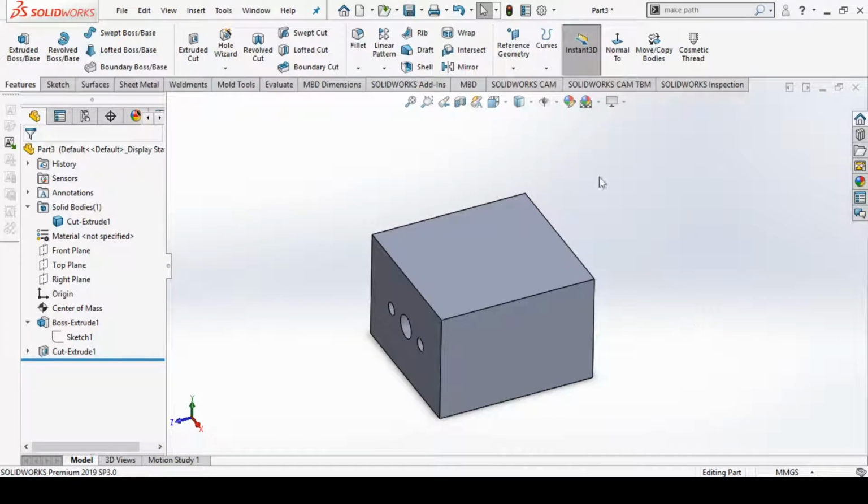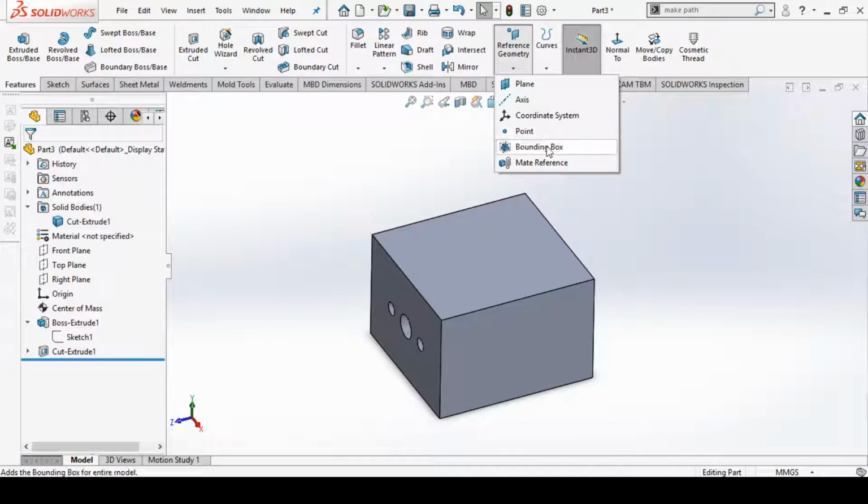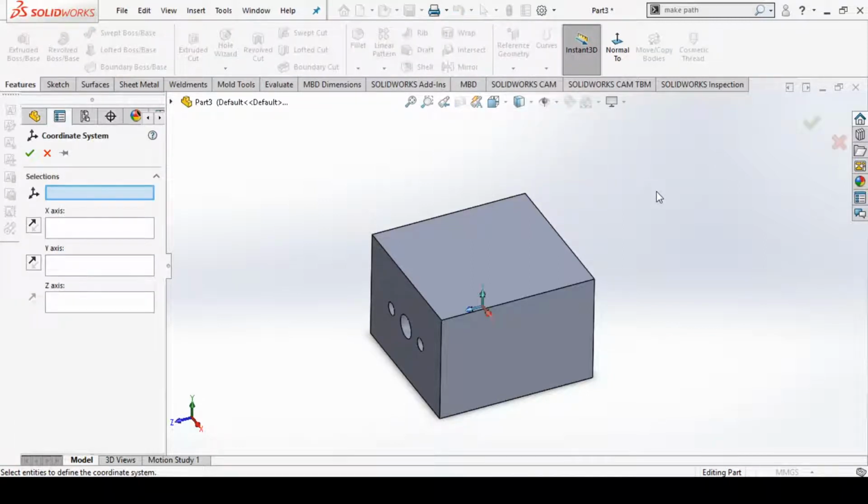In this video tutorial, we are going to see bounding box and a reference coordinate system in SolidWorks 2020. So let's first start with the reference coordinate system. Select the coordinate system option from the reference geometry, and you can see we have to give the selection as well as x-axis, y-axis and z-axis